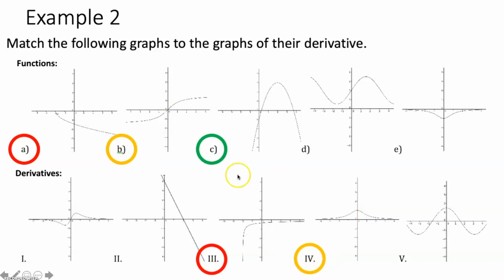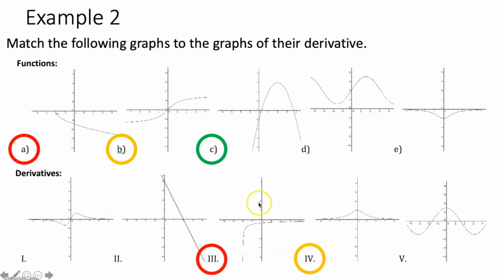Let's look at C. If I were to draw tangent lines to the curve here, they would have slopes that are very, very positive. And then as your x increases, the slopes of your tangent lines would get less and less positive until at x equal to 2, we would get a tangent line that has a 0 slope. Then after that, the slopes of the tangent lines that you draw to this function would get more and more negative,